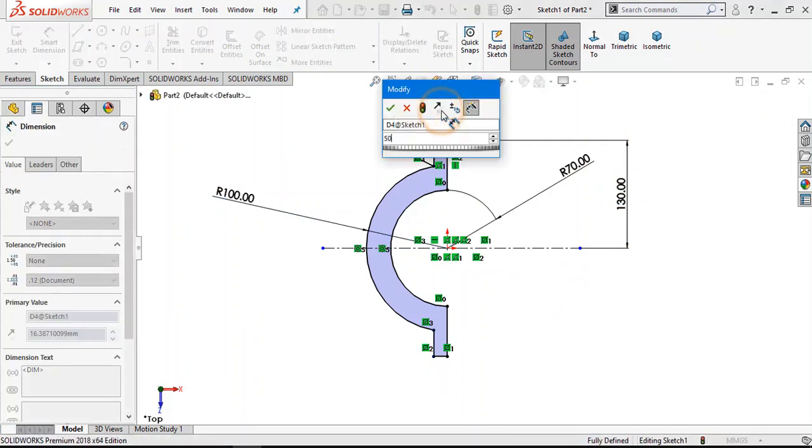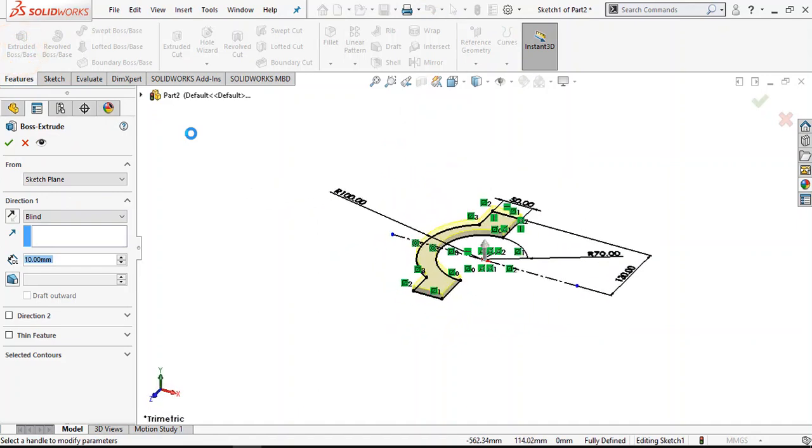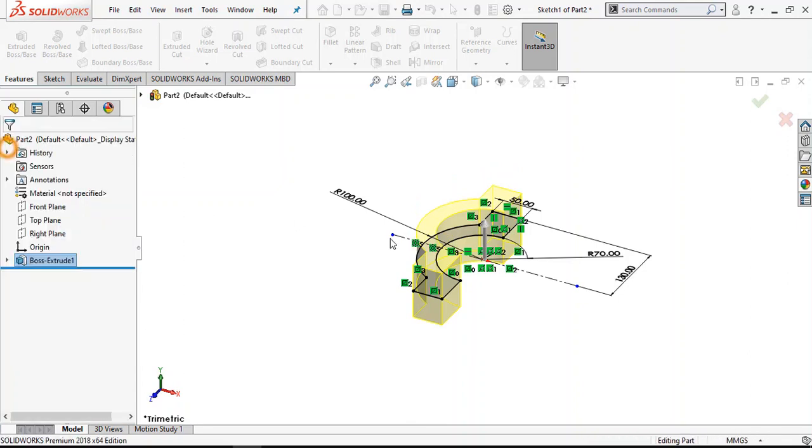Keep this 50 mm. Now go to feature and select extruded boss. Extrude it up to 90 mm mid plane direction. Okay.